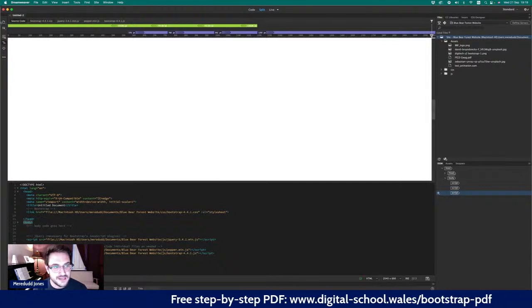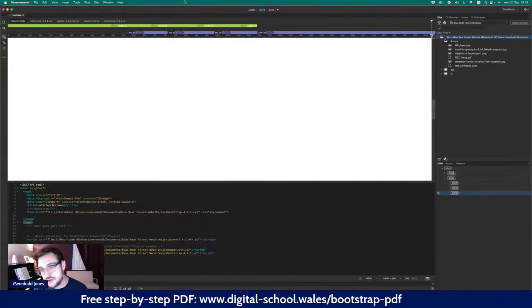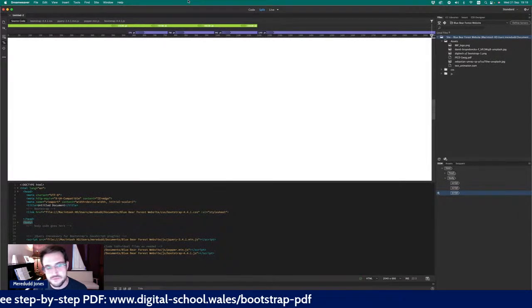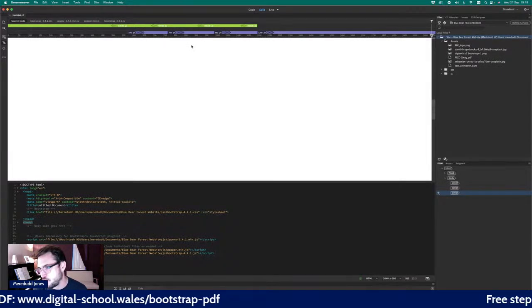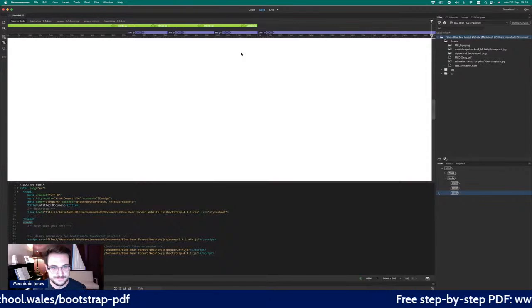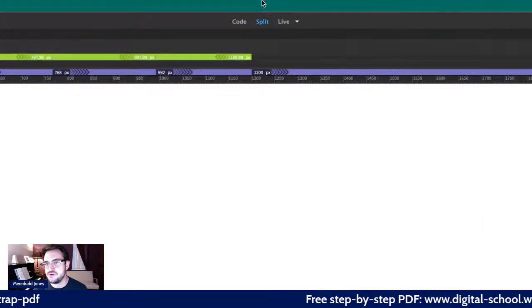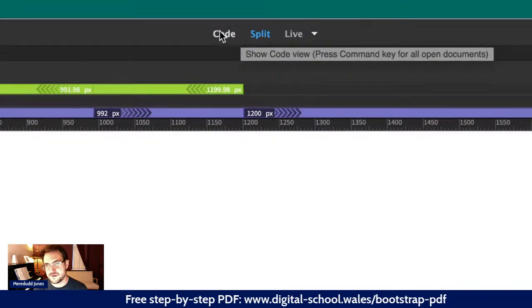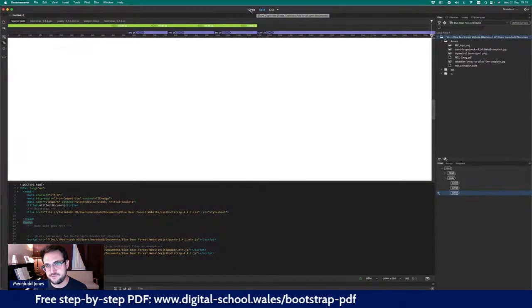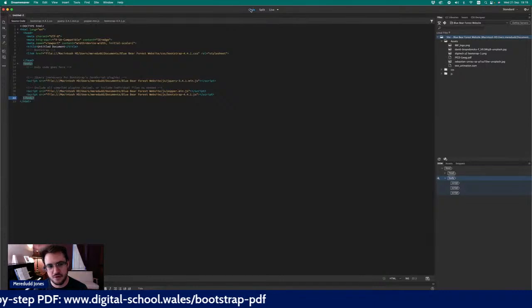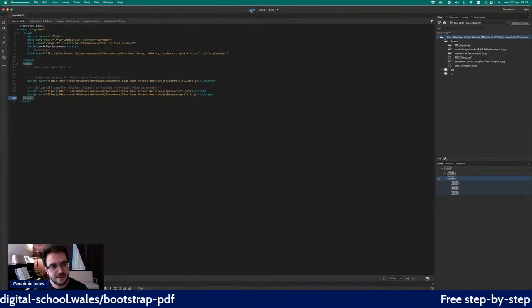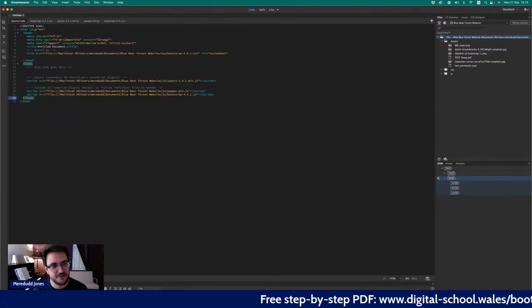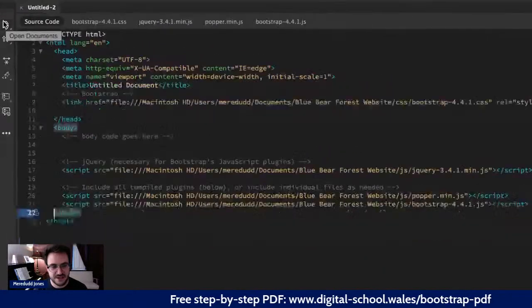as you know, or not, if you've never used Dreamweaver before, you may open this up and be like, oh wow, what is going on? So at the top, you've got your views, okay? So you've got the full-on code view, if you want to feel like you're in the Matrix, okay? So you've got the code view there, which just shows the HTML code